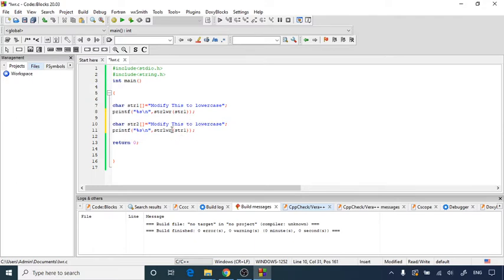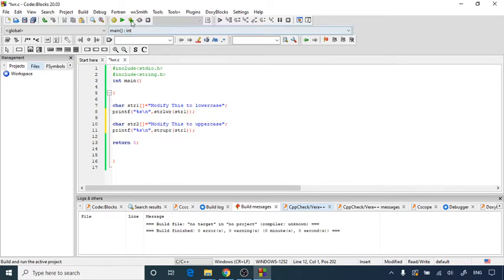Here I'm going to use strupr. As you can see, I have done lowercase here. Now I am doing the whole statement in uppercase. So just modify our string content also to uppercase.